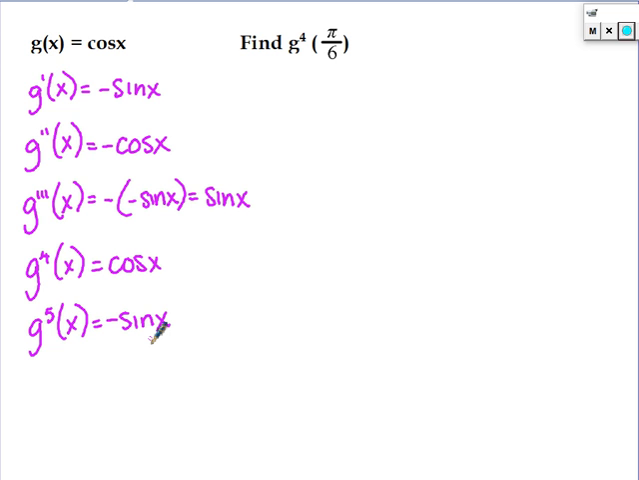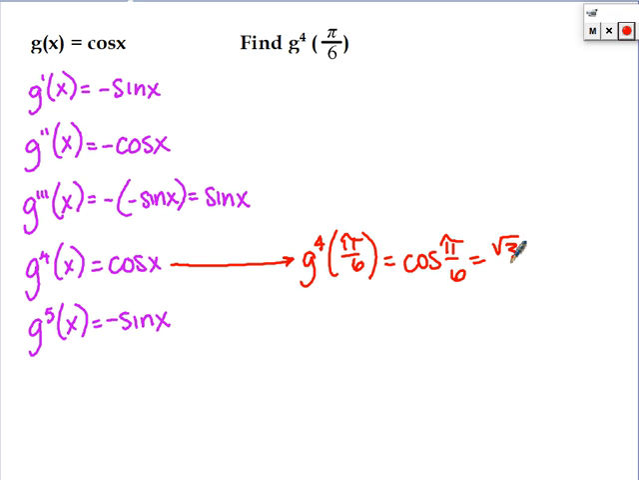So now let's find out what they're asking us for. Fourth derivative, g to the fourth of pi over 6. It's going to be cosine of pi over 6, which is square root of 3 over 2. Okay, so the last two there,